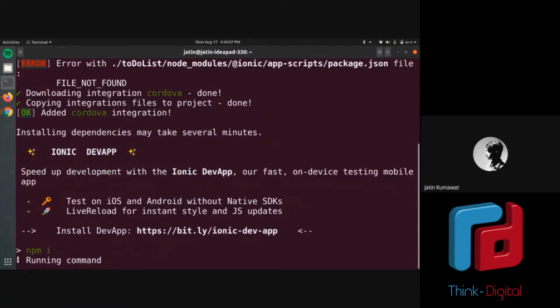So I will use any storage today, and for that I will have to press yes. Now it is running the npm command, initializing and creating the project folders and directory structure, and whatever node modules are required for the app. It should be done in around 2 minutes. Let's wait for it.